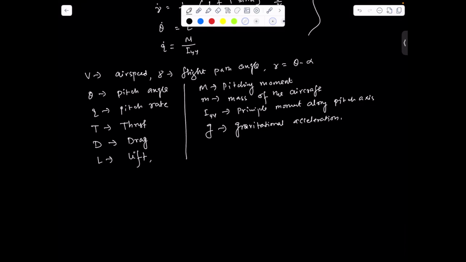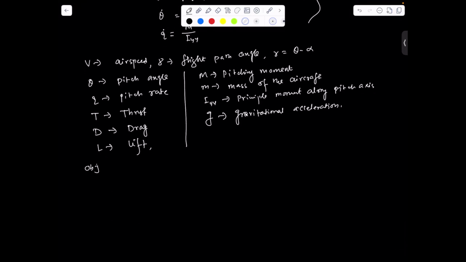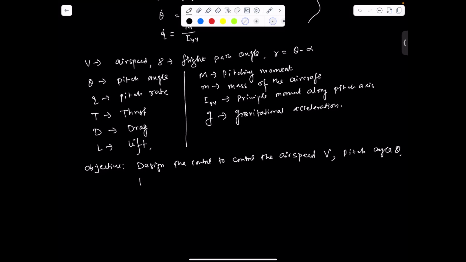So our objective is to design the control to control the airspeed, which is V, pitch angle theta, and pitch rate Q,